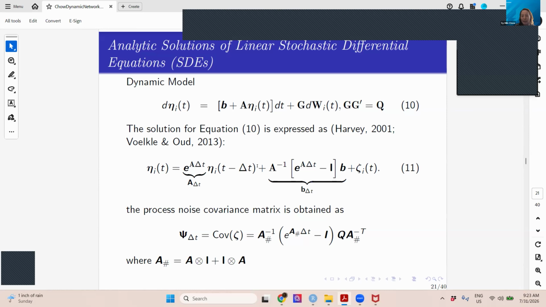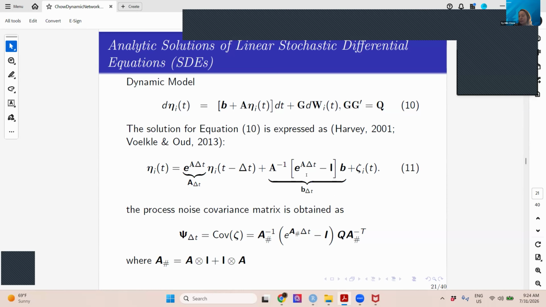Right? So instead of t minus 1, we have t minus delta t representing the difference in time between the previous occasion and the current occasion. Now, the key thing that I want to highlight is that in a continuous time model, the matrix of AR and CR coefficients, written this way, is a function of the delta t, right? The time difference between the previous and the current occasion. And the intercept also is a function of delta t.